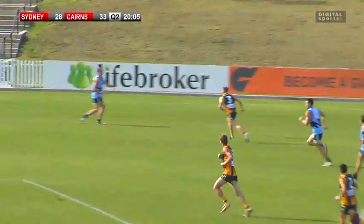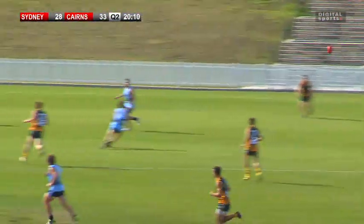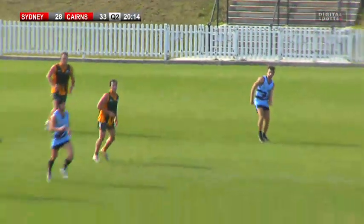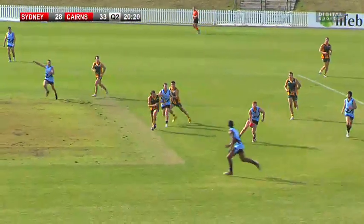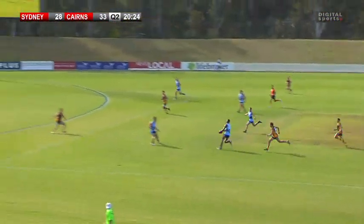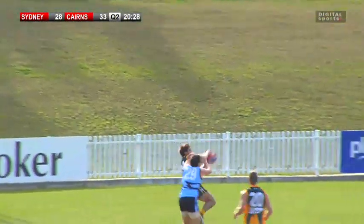And Sydney now found some space on the far side. Fitzgerald wants to come inside, does so. And finds Round. Round now comes in again. Oh, went without it, did Ryan Plant, but good enough to get back on it now with Wales. Parika's left his man and going for a run. Loves to have a bounce. There's Amuya Parika. Goes to the right boot. Long kick towards goal, but